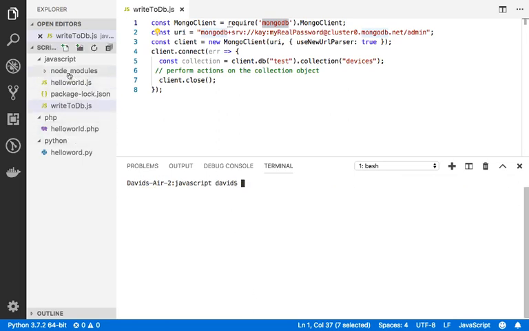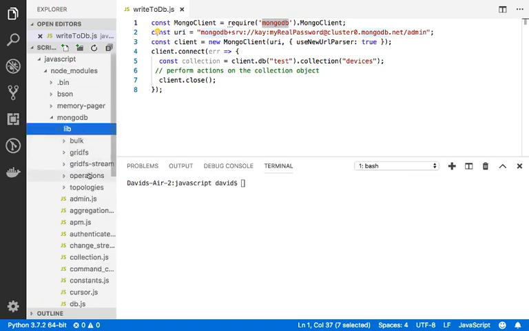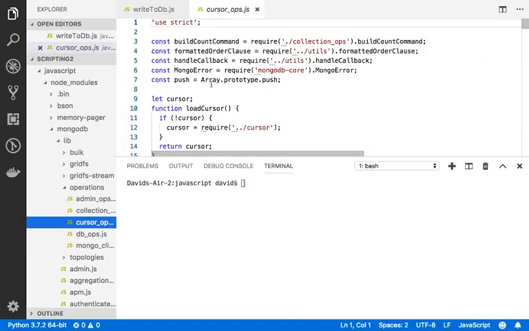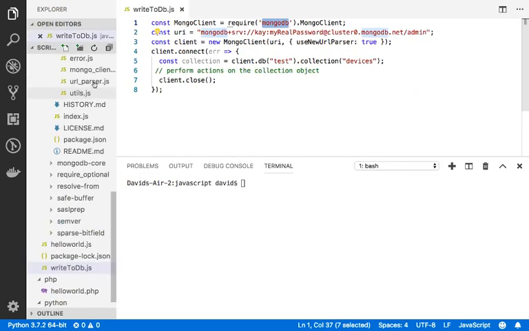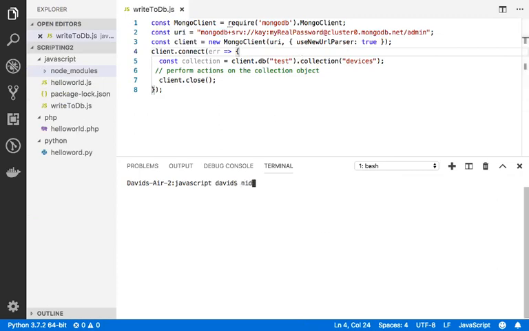Right, what that's done is it's created a folder called node_modules, and inside here it has put the JavaScript files of the module. Okay, so I can open it up and actually see the JavaScript files that I've just imported, or installed. And I don't need to worry about that. I can just keep that closed. So now, if I try and run this,